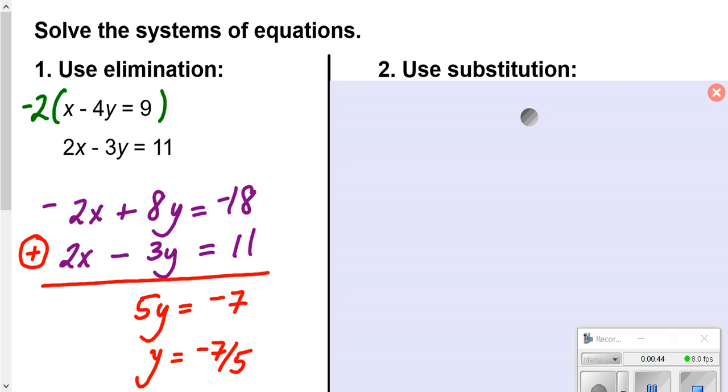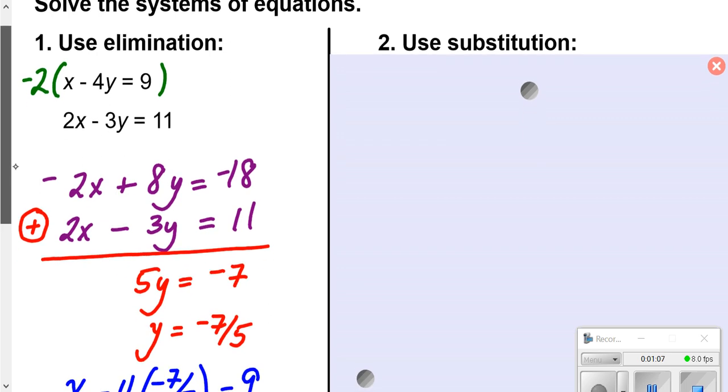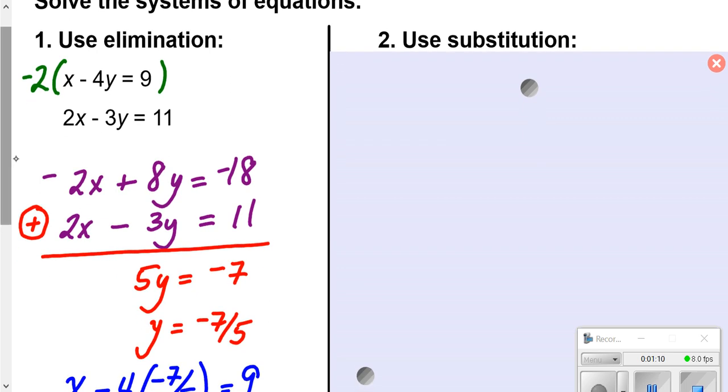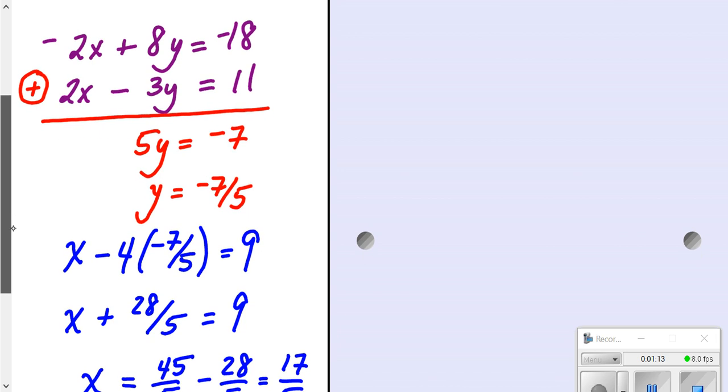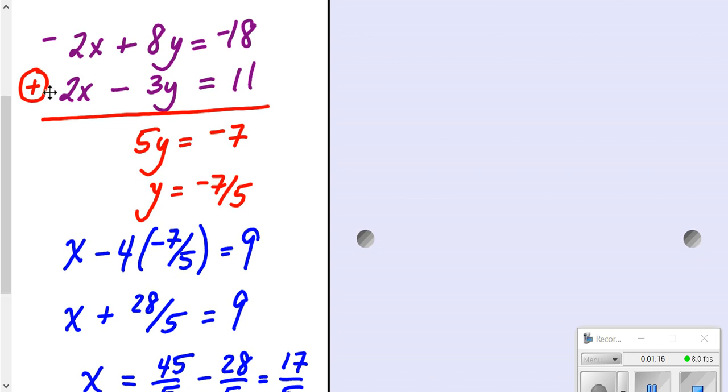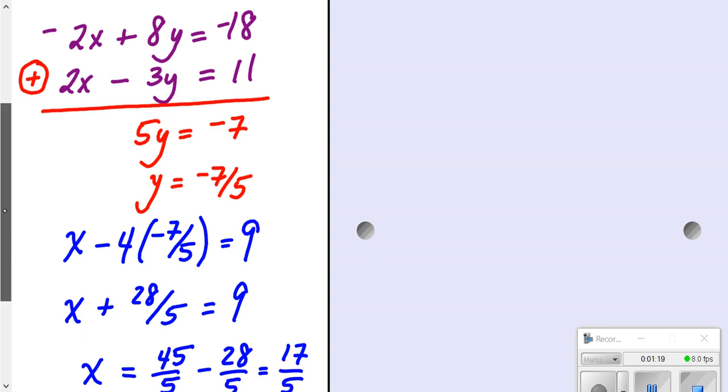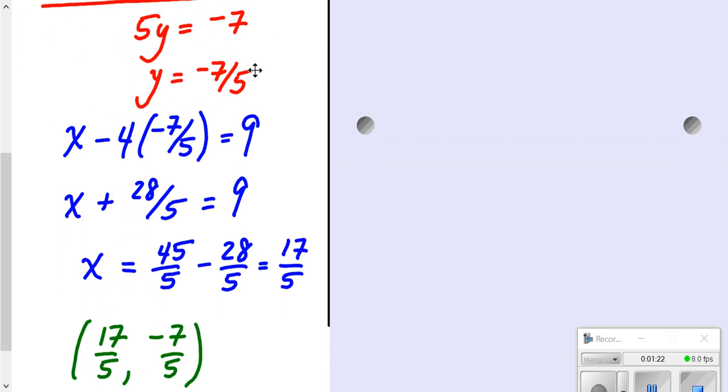The first warm-up question asked you to solve using elimination on the first problem. So if you recall, elimination is where you multiply through by something if needed to make the coefficients on one of the variables match. I chose to make the x variables have opposite coefficients so that they'll cancel out. You also could have done this by multiplying the top equation by 3 and the bottom equation by -4, for example. Some other possibilities exist, but I made my x's cancel out when I multiplied the top equation by -2. I got that y was -7/5,